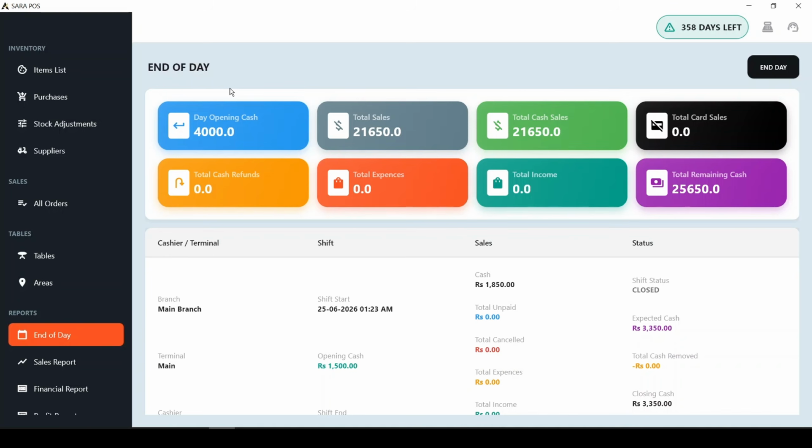This business day remains active until it is officially closed through the end day process. In many businesses, a day is typically calculated from midnight to midnight. However, restaurants and food businesses often operate differently. For example, some restaurants may open in the morning and continue operating until late at night or even into the